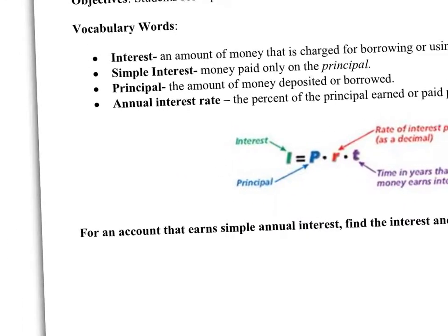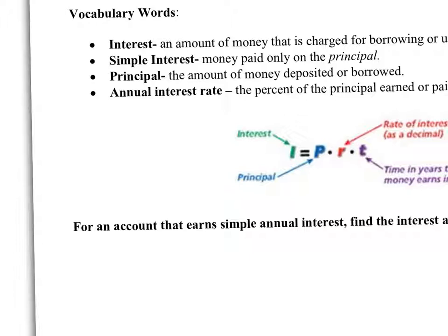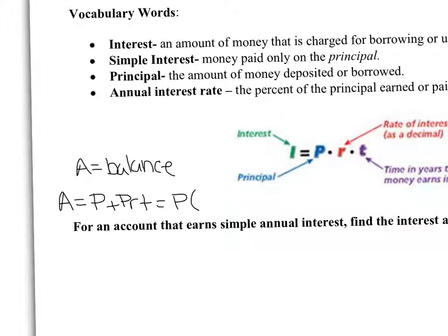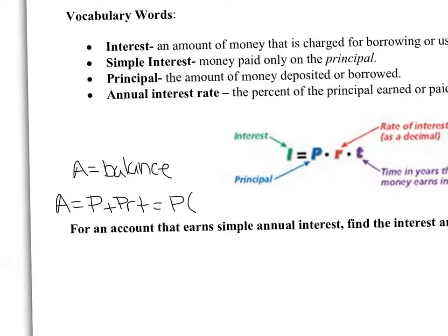Okay, now we're also going to need to add one formula here. On top of interest, because that's just how much money you're earning, if you want to know what your balance is, which we're going to let stand for A, you're going to take your principal, so the money you initially deposited, plus that interest you earned. And we just saw that you find the interest by taking PRT. So if you're just looking for the balance, you can take P times 1 plus